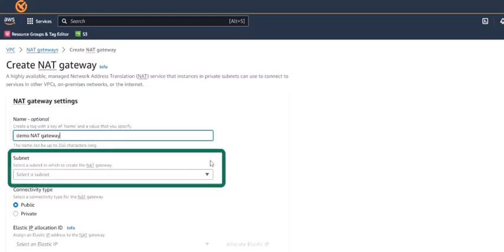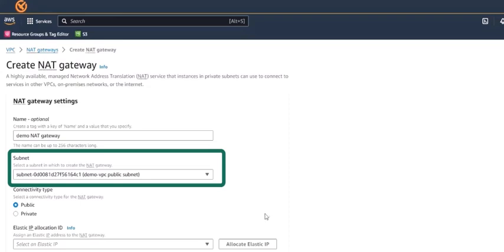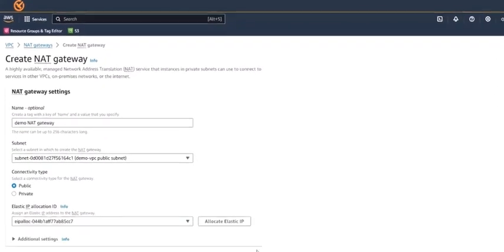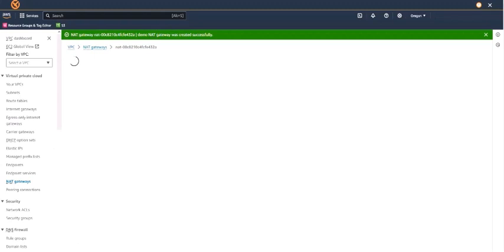Okay, and then we are going to select a subnet. We are going to select our demo public subnet, because a NAT gateway should be in a public subnet to communicate to the internet. Then we are going to allocate the elastic IP address that we just created. Select create NAT gateway.